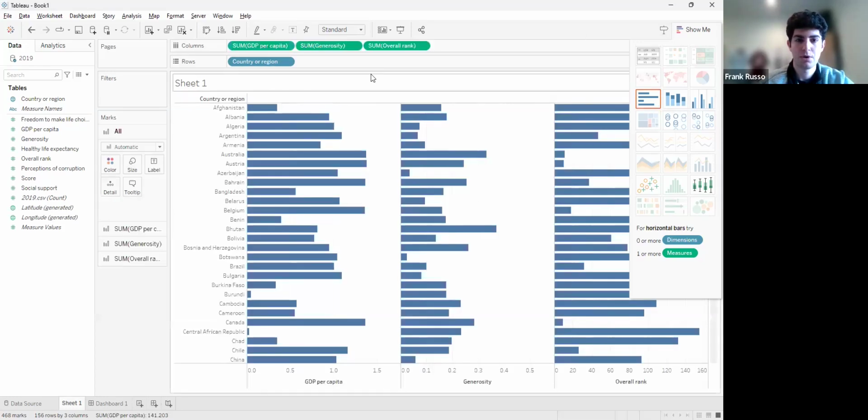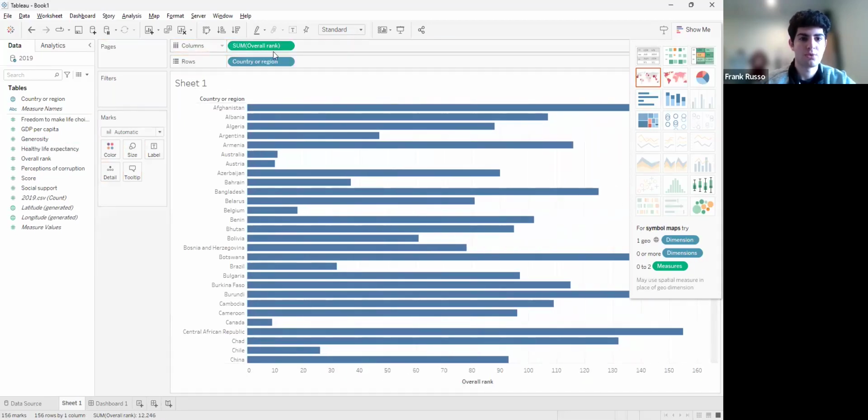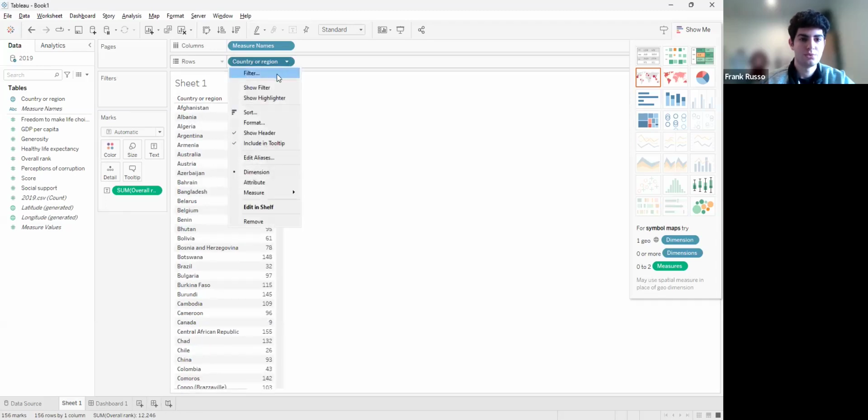Heading on from that, just some more basic stuff. So we can go back to the bar chart, and if you want to delete something, the way I found easiest is to just scroll it like that and delete it. So here we have just overall rank and country and region. So if we make that, like we were talking about before, into this type of chart and then use the measure names to get the column header, then you could take the countries and regions and sort them A to Z, or reverse Z to A, or you could even go to sort,